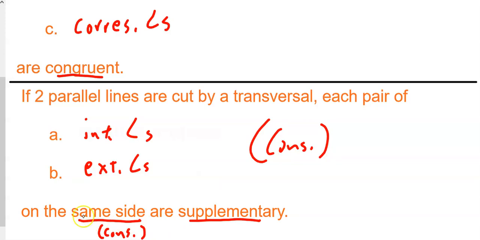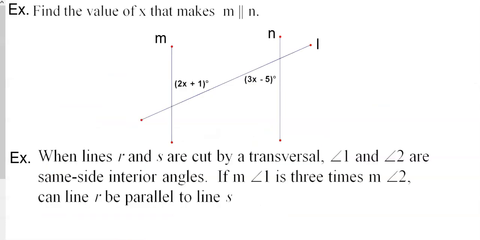So again, that works in both cases, both directions, I guess I should really say. Okay. So it is fairly straightforward when you're only looking at a diagram that has, for example, the parallel lines and a transversal. Okay. So if I'm looking at this diagram here, what value of x makes m parallel to